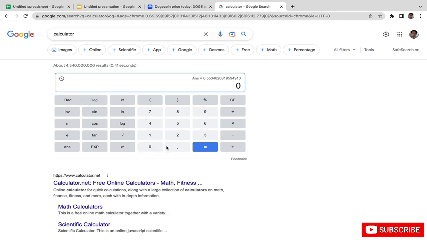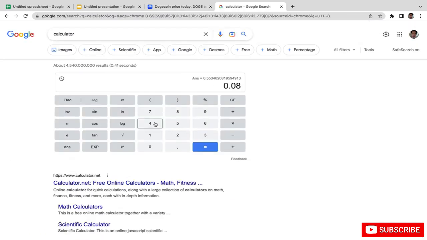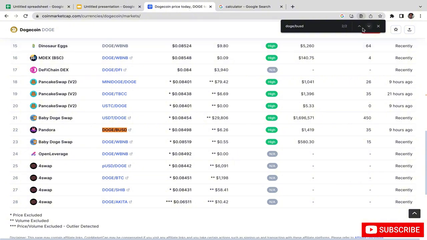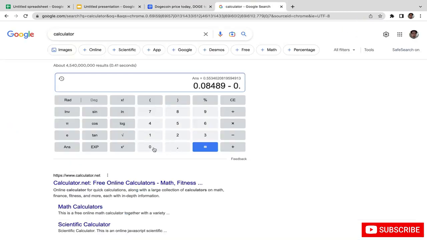The first one here is 0.08498. Subtract that by, this is Pandora, right? The second one here is PancakeSwap, 0.08445. Okay, so you got this divided by 0.08